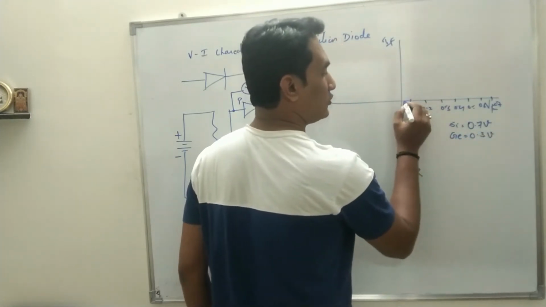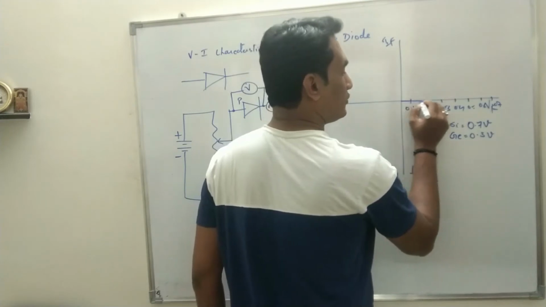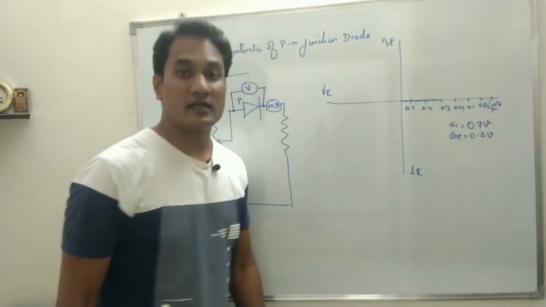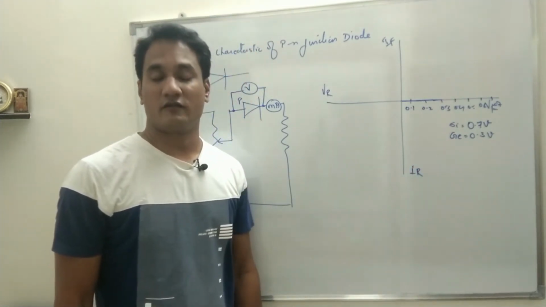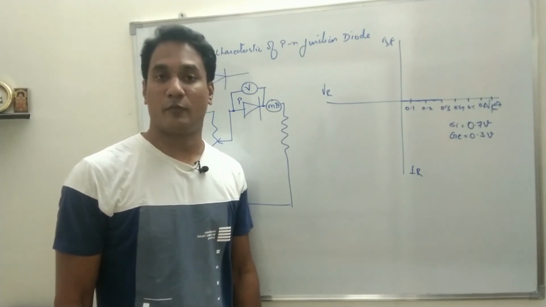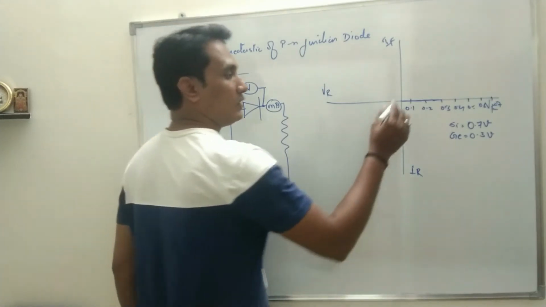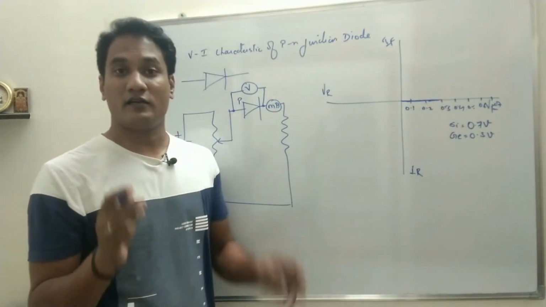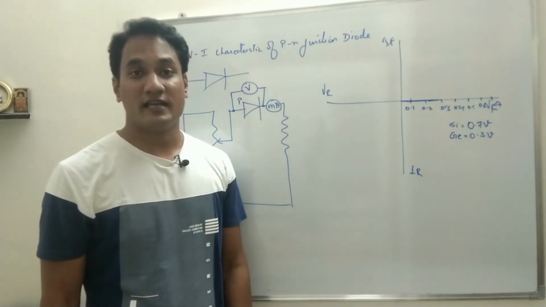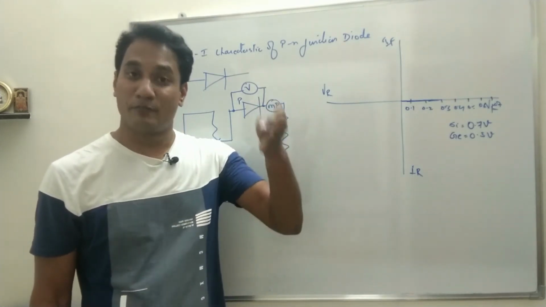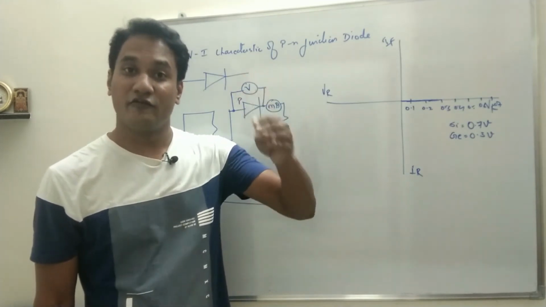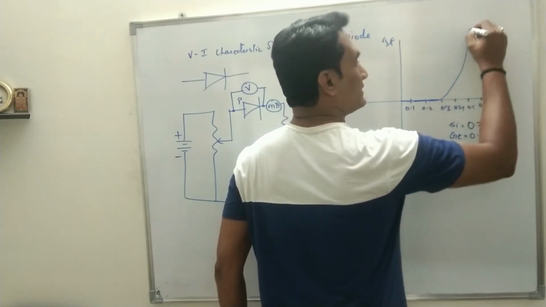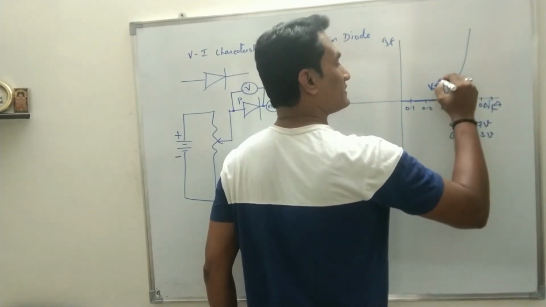That means if you consider 0.3, then initially up to 0.3 no current will flow through the PN junction diode if it has been made of germanium. Till then, this is what is called the potential barrier. This is the potential required to vanish the depletion layer, and the depletion layer acts as a barrier. If you overcome that barrier, current increases exponentially. The potential at which this happens is called the knee voltage.